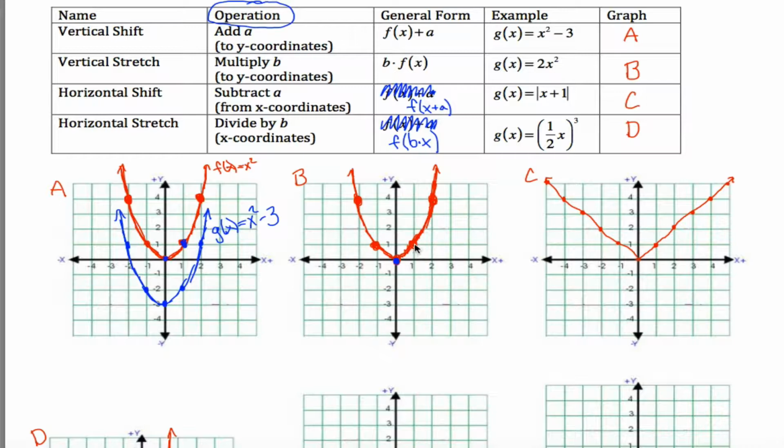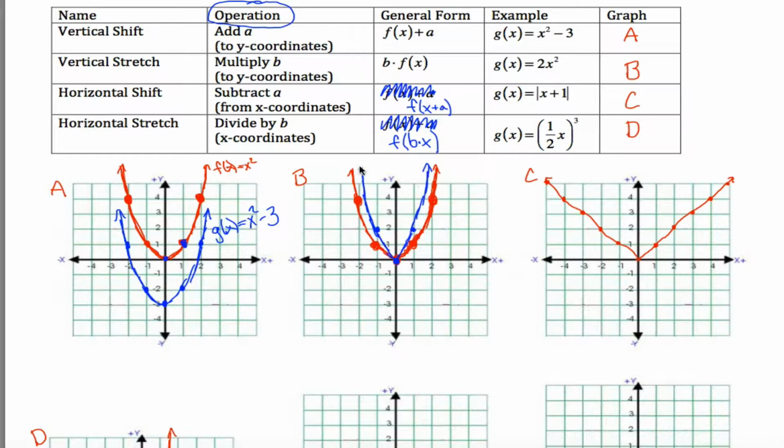This y coordinate was 1. 1 times 2 is 2. This y coordinate was 4. 4 times 2 is 8. That's way up here off my graph. Okay, that's fine. 1 for this y coordinate times 2 leaves me at 2. And again, 4 times 2 for this y coordinate will be way up at 8. So I don't even have these points on my graph, but I can still graph things, make my graph look more or less